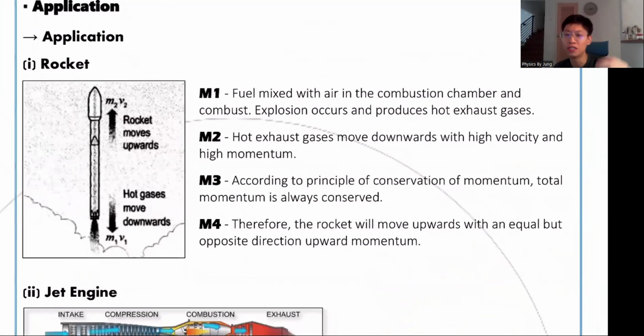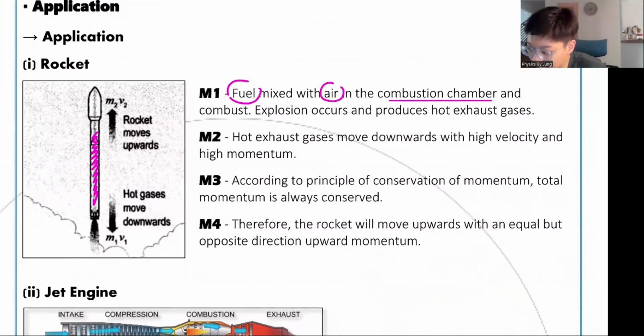First of all, we see this is a rocket. To explain this, basically you always have steps. So why can the rocket fly up? Usually it is because inside the rocket, there's a burning. So what do they burn? Obviously they burn petrol. So the fuel is mixed with air in the combustion chamber. Let's say in the exam, because you forgot the word combustion, you might write burning chamber. I didn't write combustion chamber, I wrote burning chamber. Guys, acceptable or not? If I wrote burning chamber, would your school teacher accept or not?